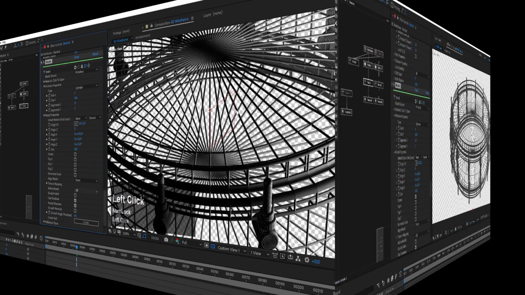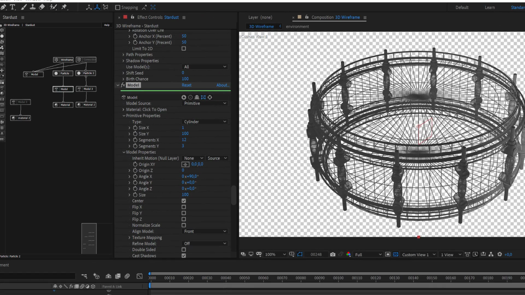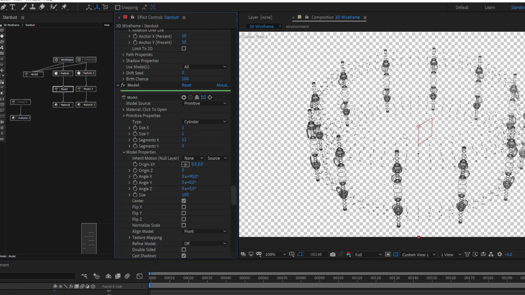A quick addition here at this point of the tutorial, there is another way you can stretch your models along the wireframe, and this is the normalized scale option that we have inside this model node. I recorded this after finalizing the tutorial, but I found out there is another way that I quickly want to add here. So instead of changing the size manually, you could do the same if your cylinder is by default 1 by 1. You see that now they are of course very small, so they are not covering the whole length of our edges. But if you